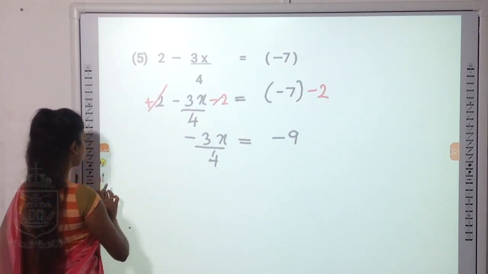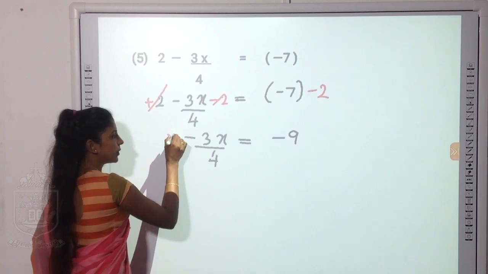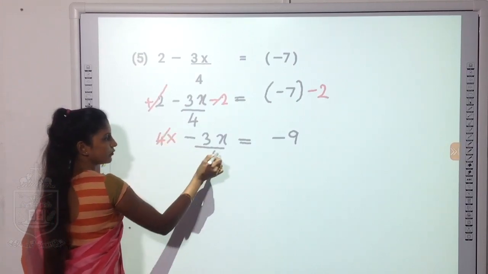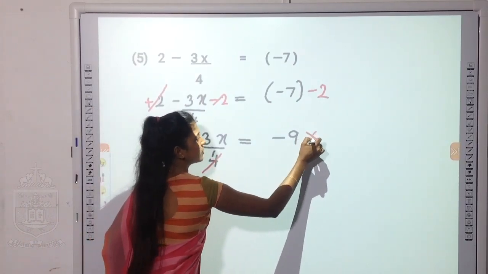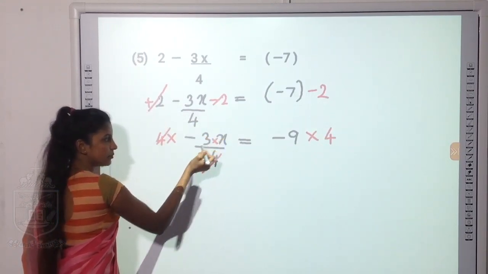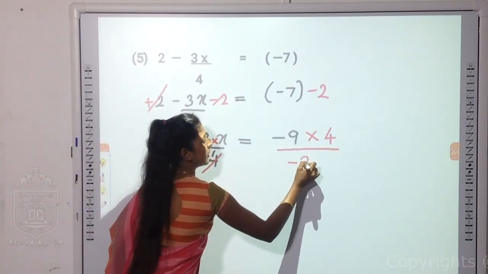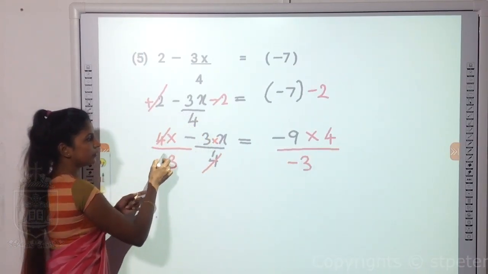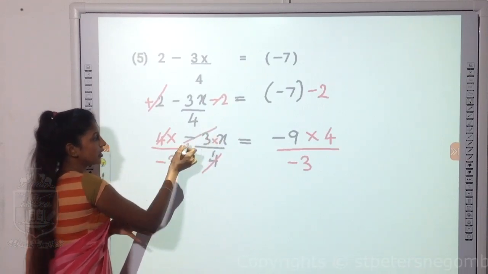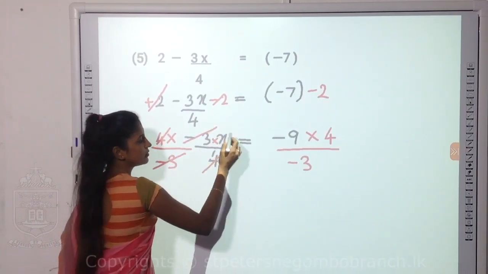And here our next step is to remove 3 and 4. So 4 can be removed by multiplying. Okay. 4 will be removed. This side you have to multiply by 4. 3 can be removed since it is multiplication. Do the opposite, that is division. This side, divide by minus 3. We are going to divide by minus 3 in order to cancel both minus value as well as the number, right? So what is remaining?